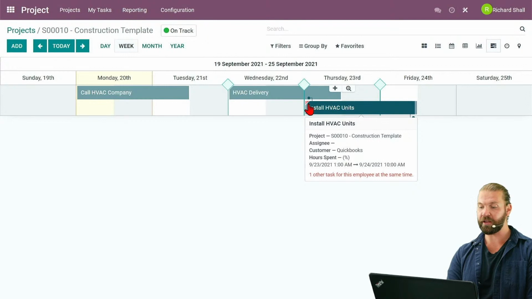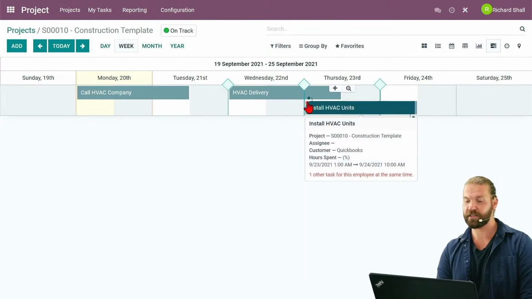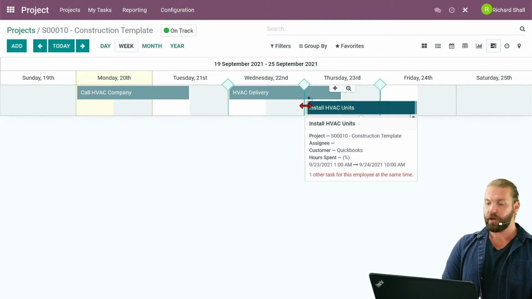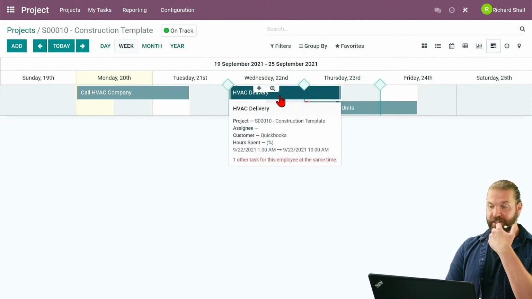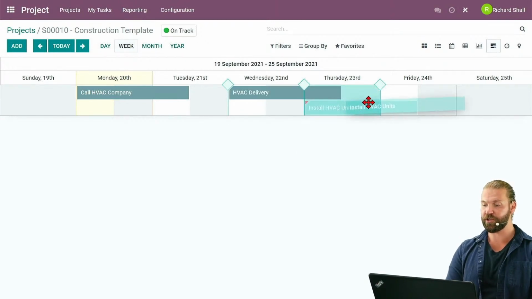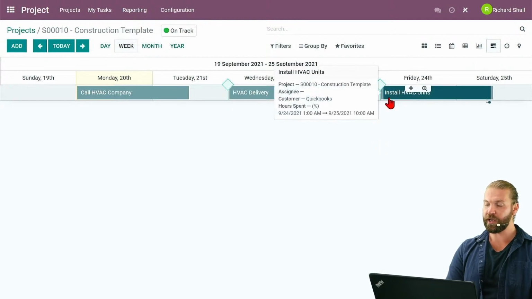And Odoo will notify you with that little red icon specifying there's more than one task that this employee is working on at the same time. Now, that will be challenging for them to work on, and so we can either adjust it or move it. So if we just drag and drop, we move it to a different date. Great. However, we can also open it